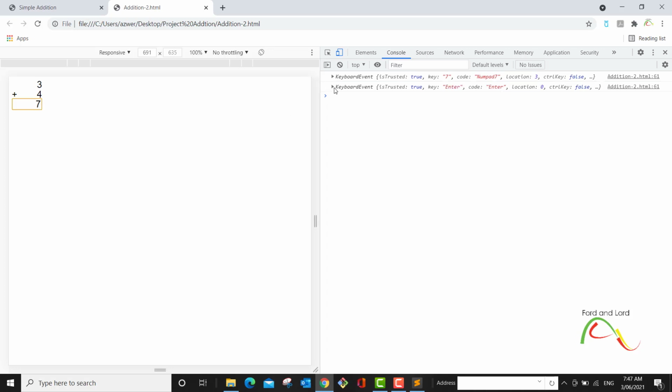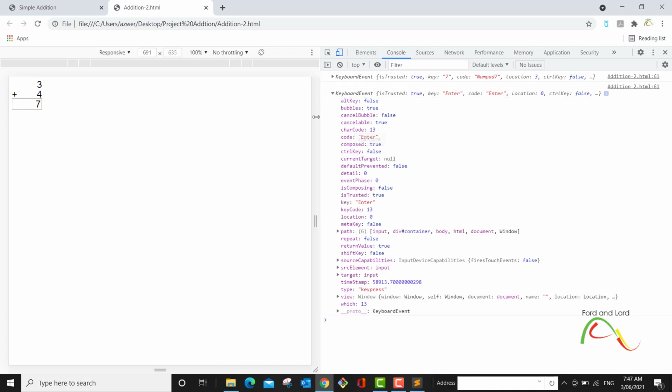So another piece of information has been saved in the computer's memory, and it knows that we have pressed the key enter. If I click on this arrow, we know that there are some properties of this object. The key that we pressed is enter. The char code of the key is 13, and the which property is 13, and the key code is also 13. Some of the information provided in this area is unique to this key, the enter key, and we can use any of these unique pieces of information to